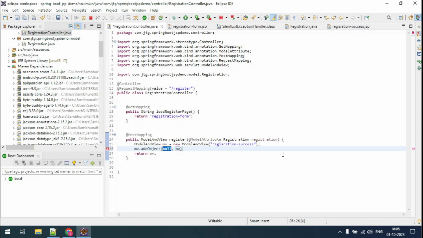Let's say we are giving the message, the custom message to show in the UI, that the registration is successful. So I have added the attribute name as message, and here the message is registration successful,